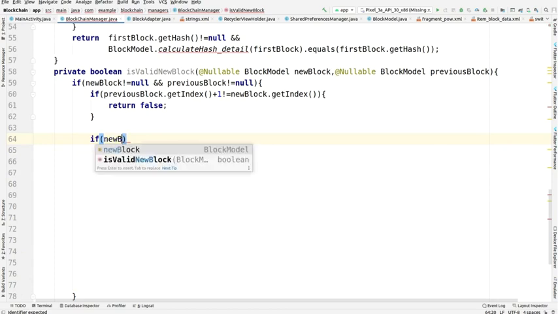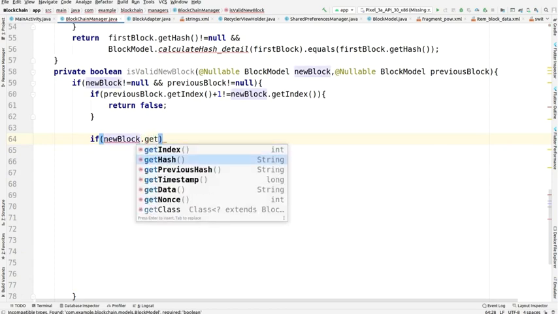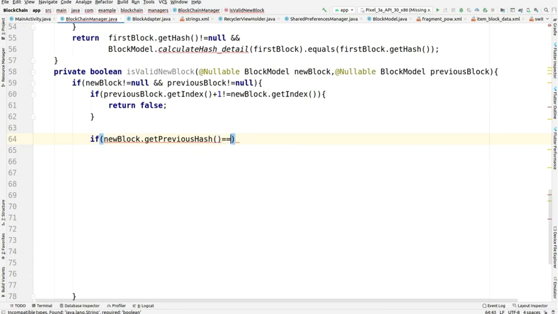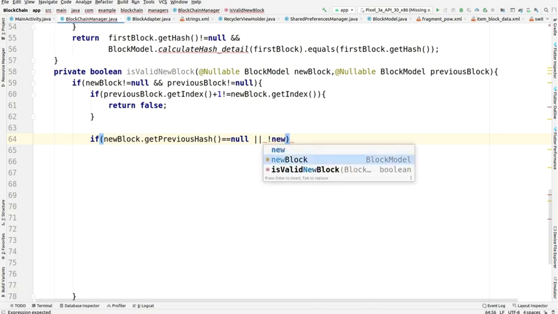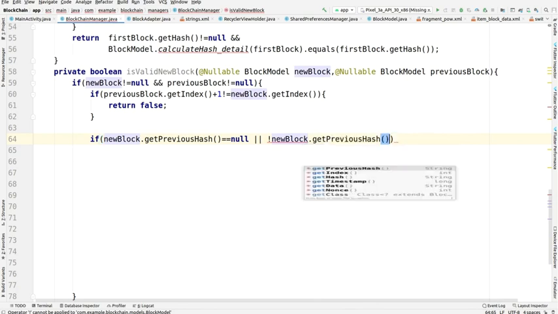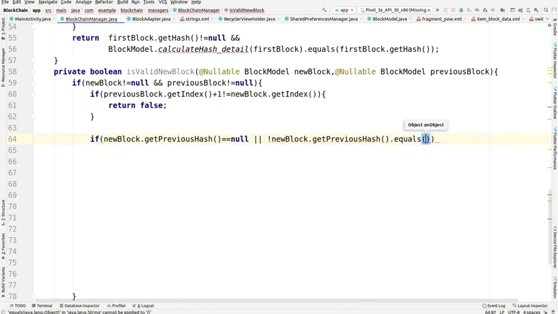And in the new if statement we are just checking the new block dot get previous hash, if the previous hash is null, or statement, new block dot get previous hash dot equals and pass that new block.